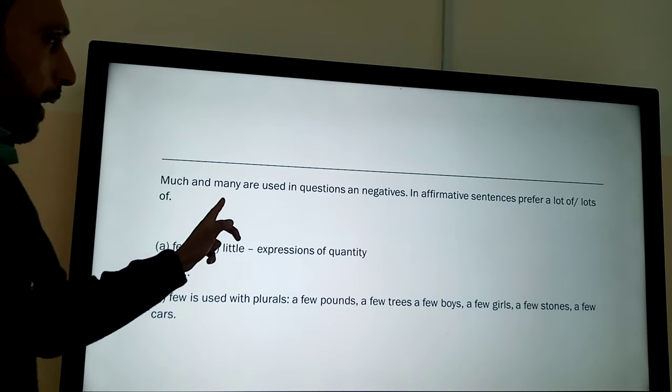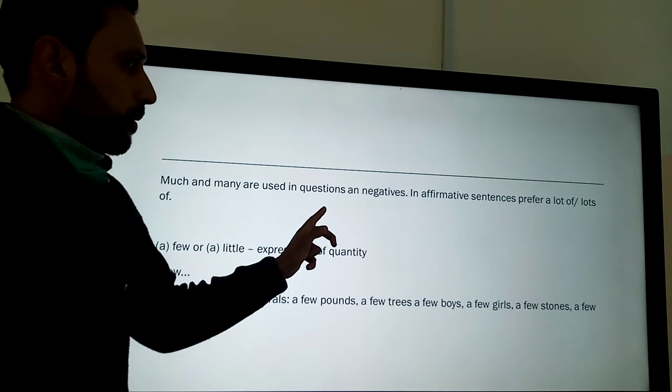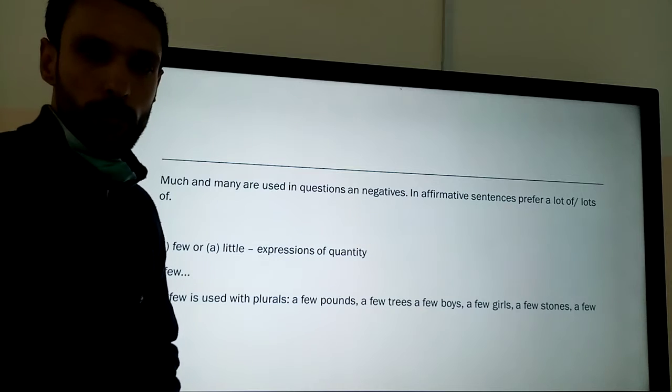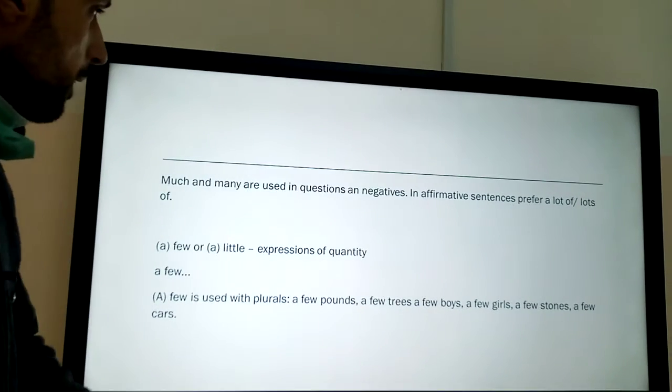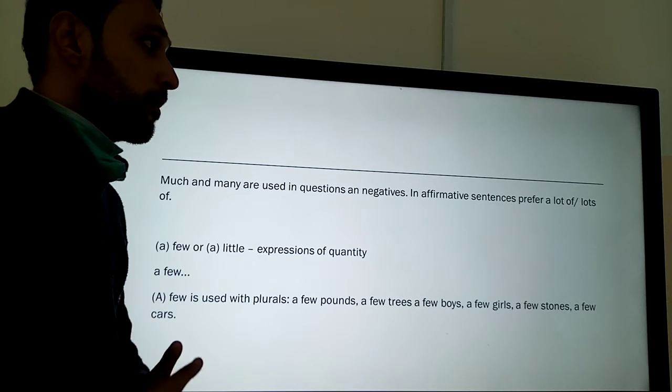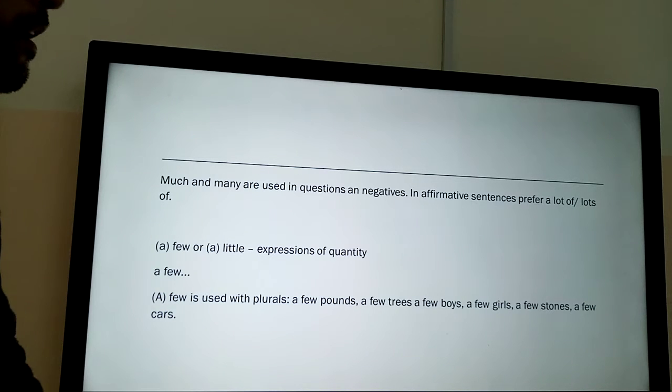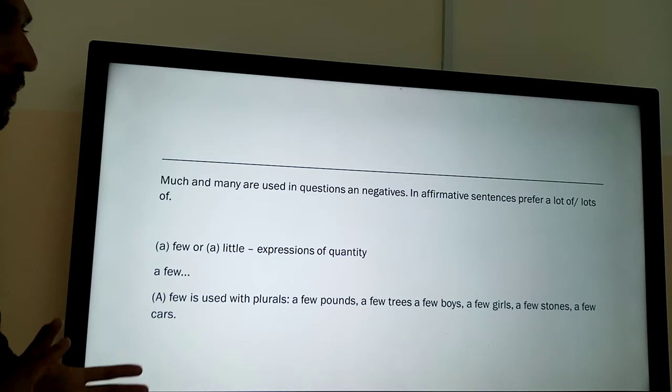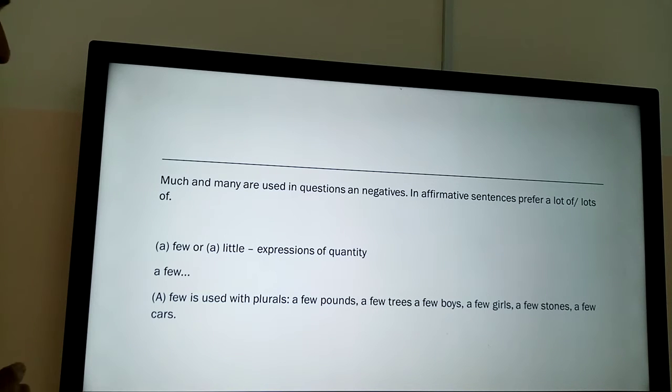Much and many are used in questions and negatives. We use much and many in questions and negatives. In affirmative sentences, we use a lot of or lots of. A few or a little are expressions of quantity.